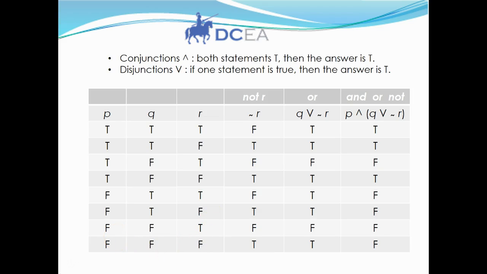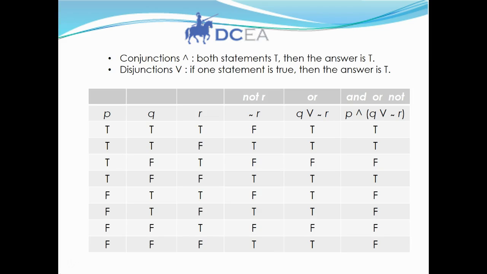The first thing we'll do is the easiest thing we can do, and we'll negate R. So we're going to negate every condition in R. So true will become false. False will become true. True, false, false, true, true, false, false, true, true, false, false, true. Now, because Q or not R is in parentheses, we will work that first. We go back and we remember